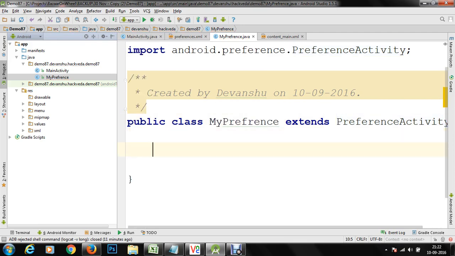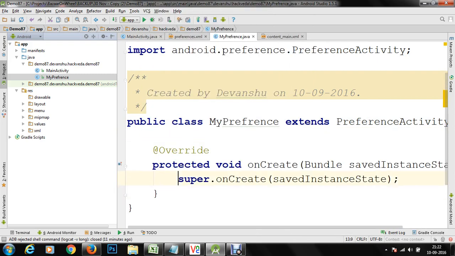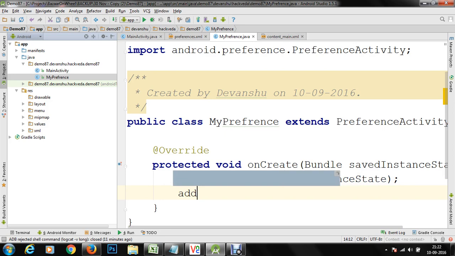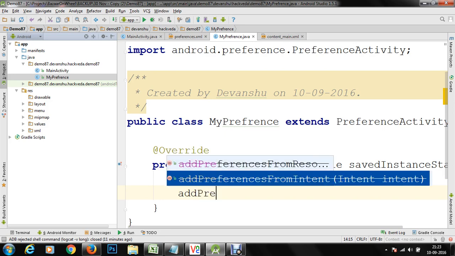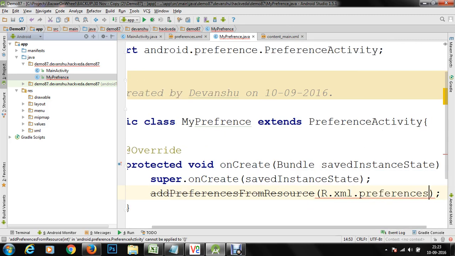I'm going to create an onCreate method according to the activity life cycle. We have to create the activity using the onCreate method, and then we can add preferences from resource, and we can provide the name of the XML file wherein we created the preferences. Here you can see that it is deprecated, but you can simply use this. So we can simply save it, and the preferences are done.